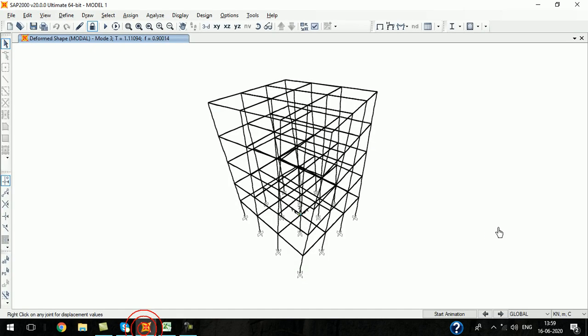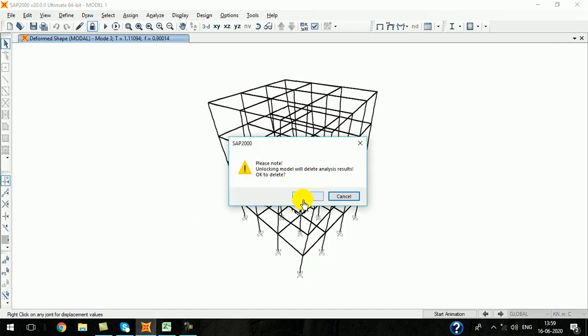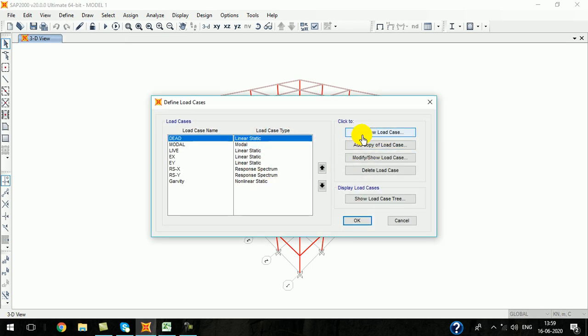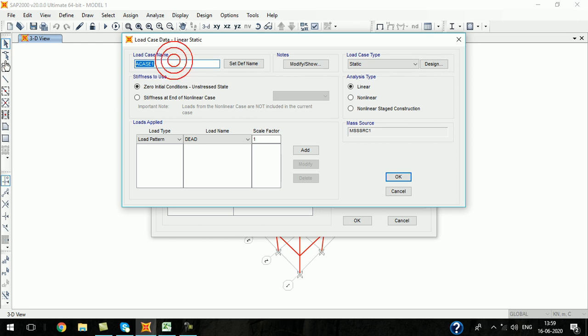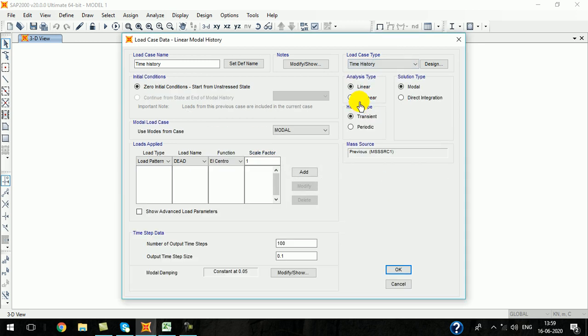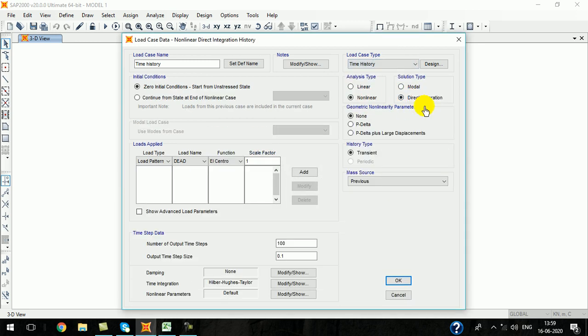Now let me unlock the model and create the nonlinear load case. Go to add new load case. Let me define time history. Select time history. Nonlinear, the method is direct integration.